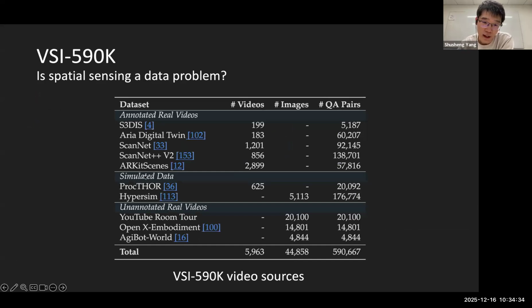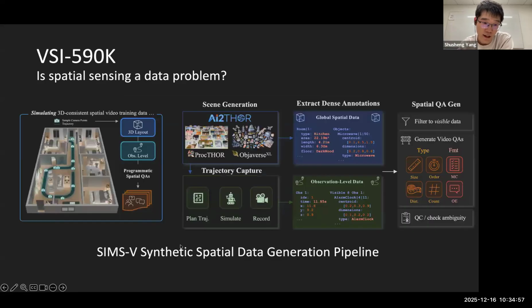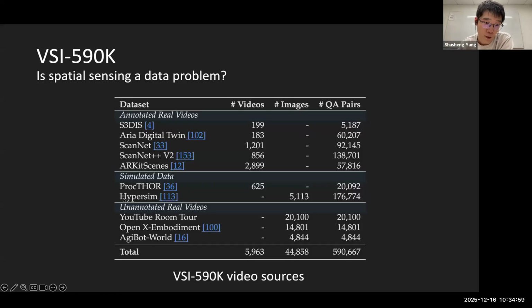Yeah, and this is the video source of our VSI data. So as you can see, we cover a lot of different sources. For the annotated real video, we sample from S5E4 and ADT and also ScanNet series and also ARKitScenes. And for simulated data, this is generated by the SIMS-V pipeline, and HyperSim also generated some simulated data. And we also